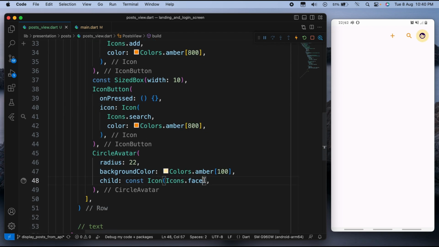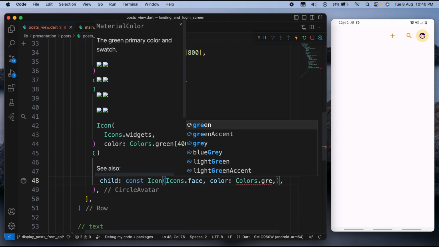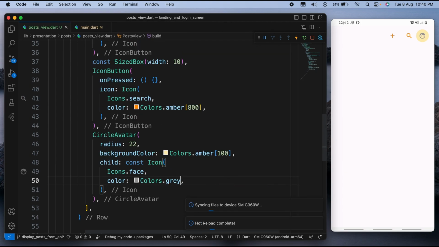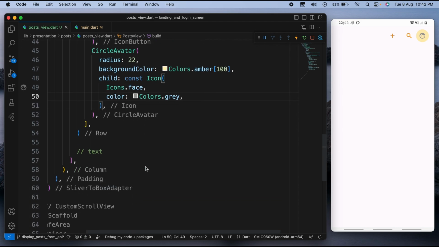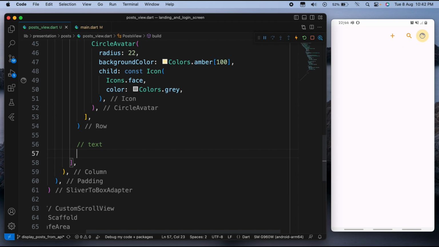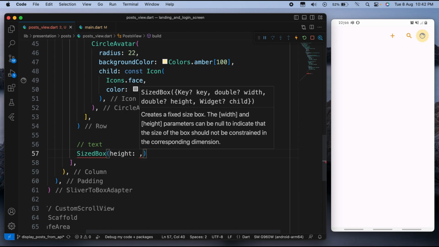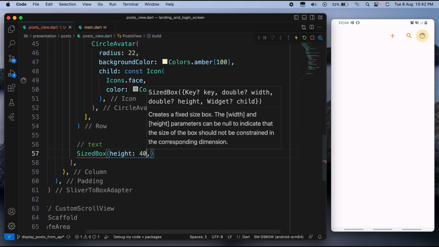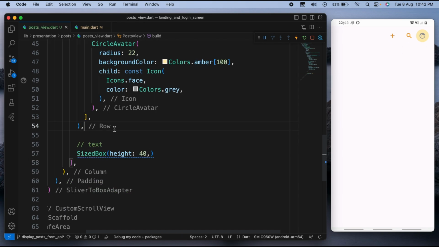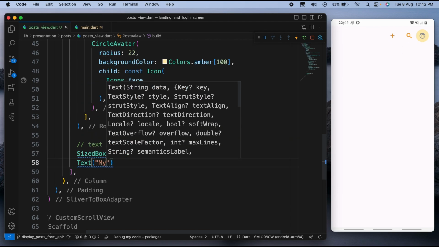Yeah, but we're just gonna change this color. Let's make it gray. Yeah, it's okay. So now we're gonna display the text, and we're just gonna come down here and first add some space between these two widgets. Height will be 40. And here we're gonna have a text saying